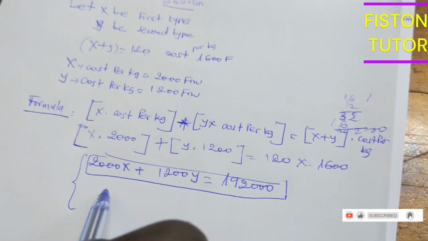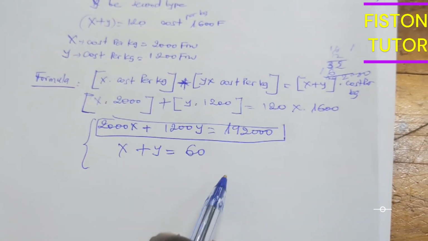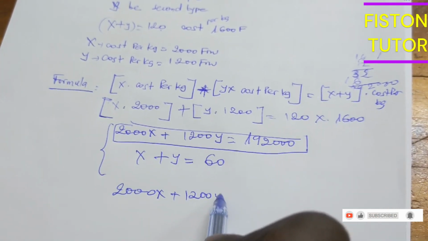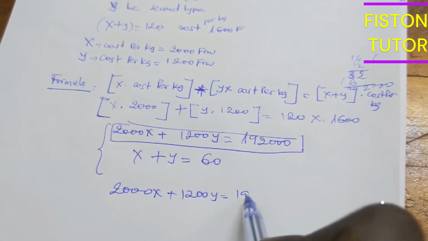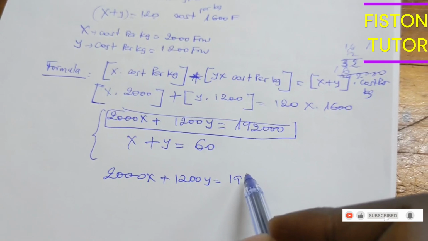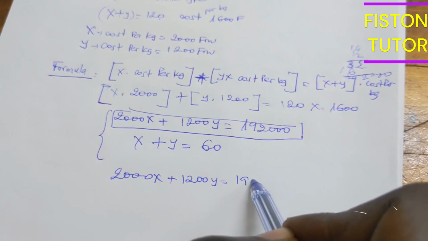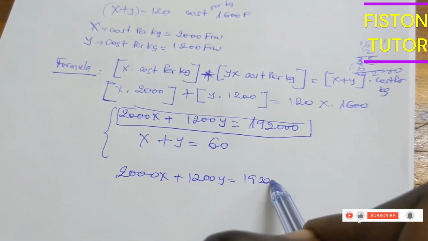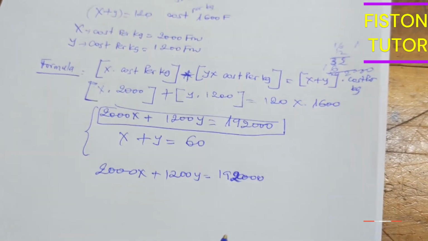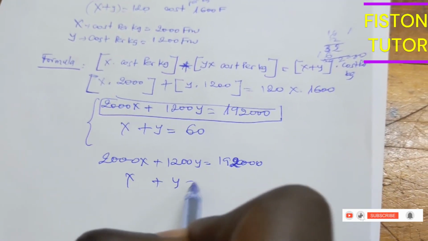And you have to remember that x plus y is equal to 60. Now here we have 2,000x plus 1,200y, which is equal to 192,000. And here I have x plus y, which is equal to 60,